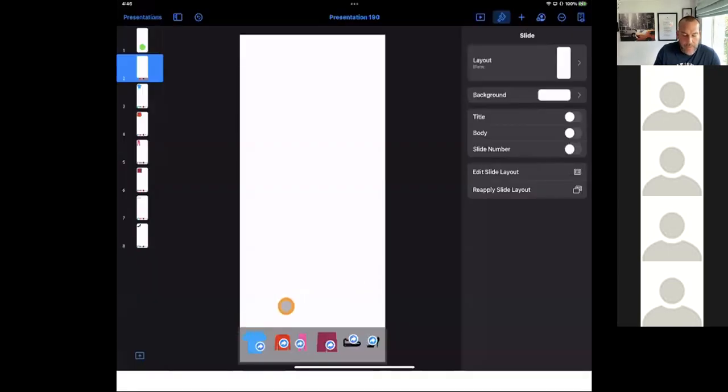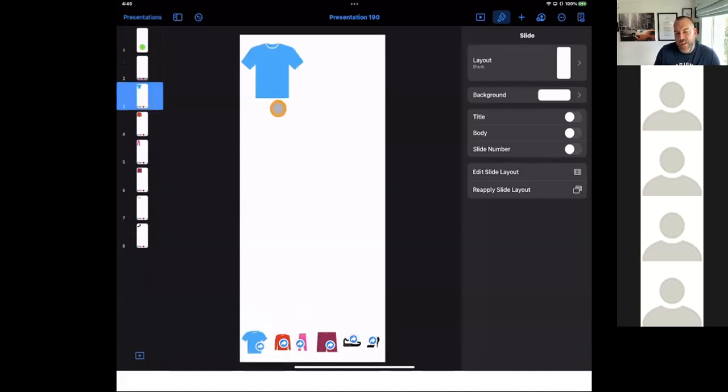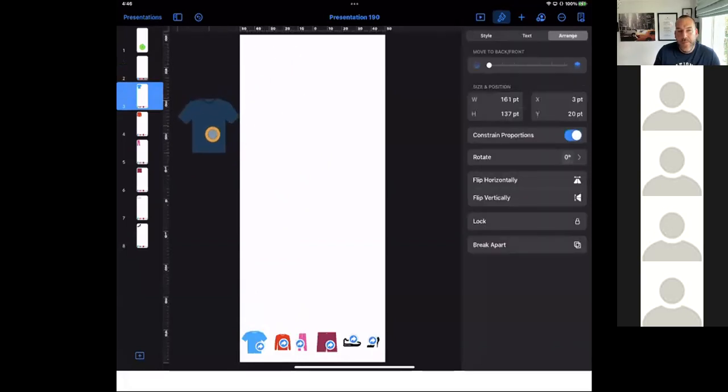Okay, so our function is still there. Our design is still there. Let's look at the next thing then, and let's make it look a little bit more interactive. At the moment, if I tap on the jumper or the t-shirt, it takes me to a page that's a little bit drab. Let's think about maybe doing some animations, so when you go to this page, something happens. Well, how about we go to this page,